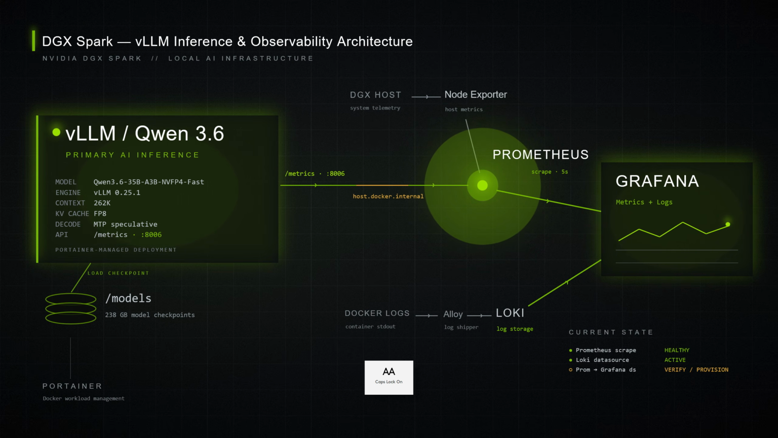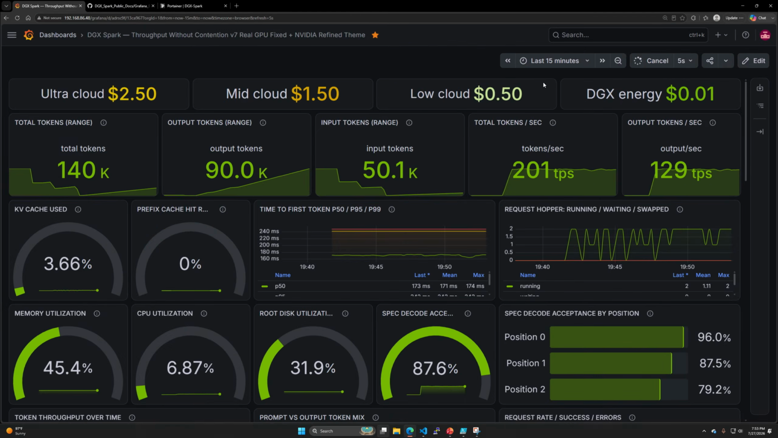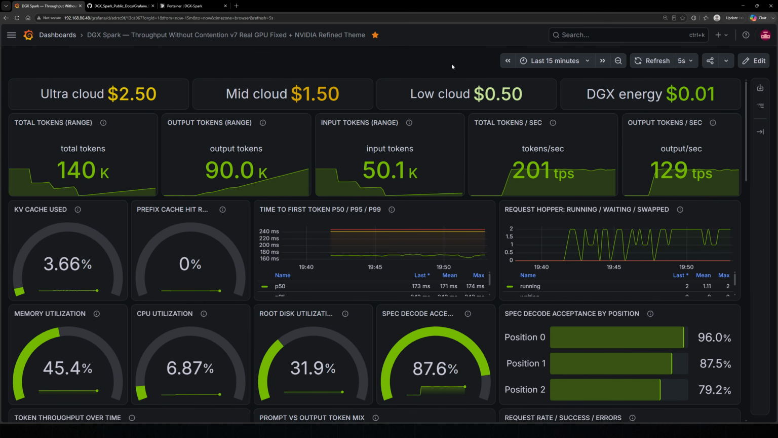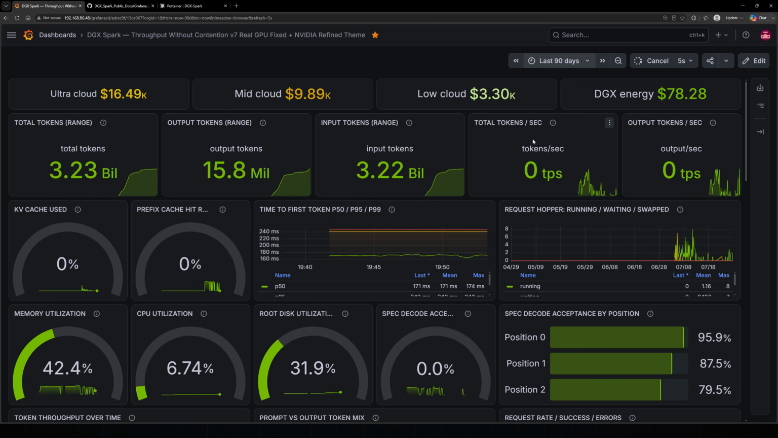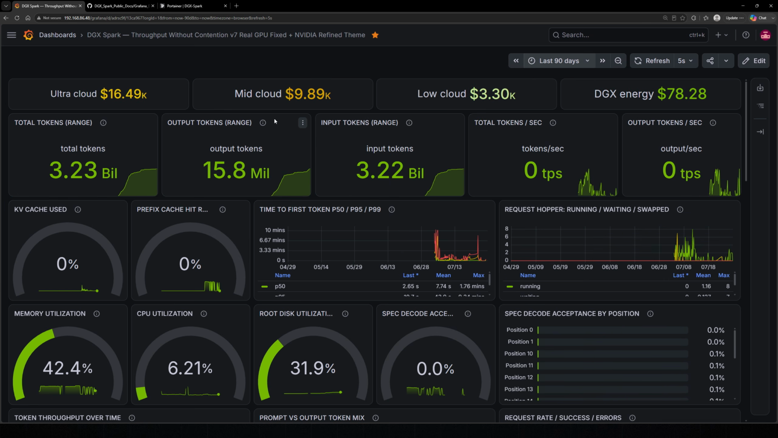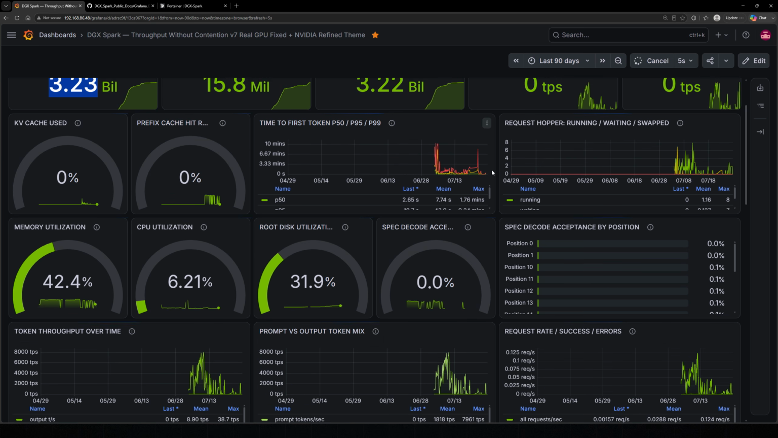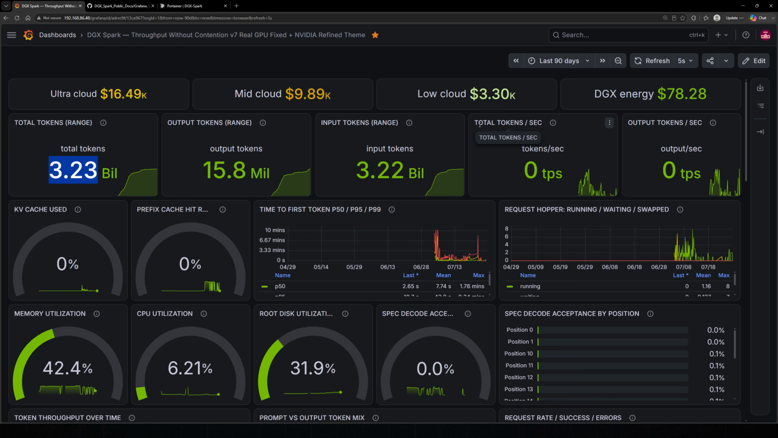Now let's go ahead and look at what that means. When you're collecting that telemetry via Prometheus, in Grafana, you're going to have the ability to go back to really any date range because you have 50 gigs of storage. So I've only had the DGX Spark for a short period of time, and you can see that I've recorded 3.23 billion tokens input on this device, right? I have had a lot of success with this, but something recent with the vLLM